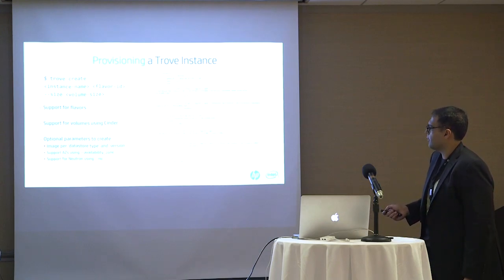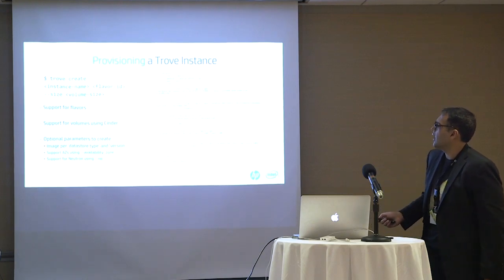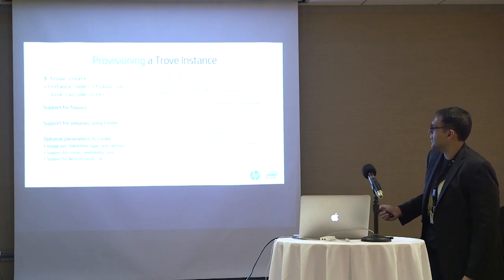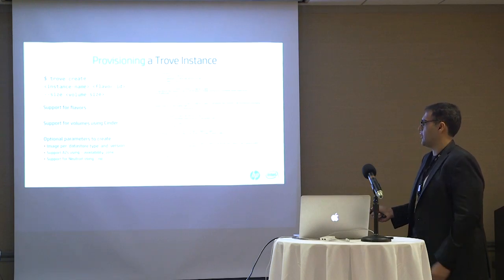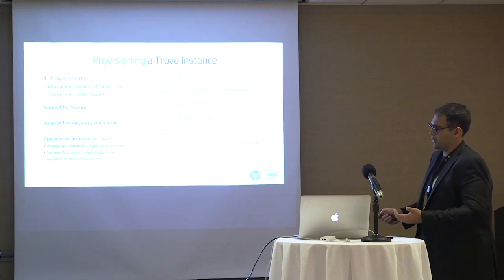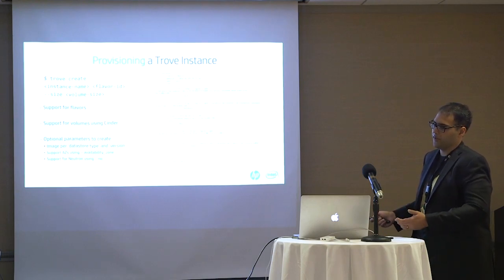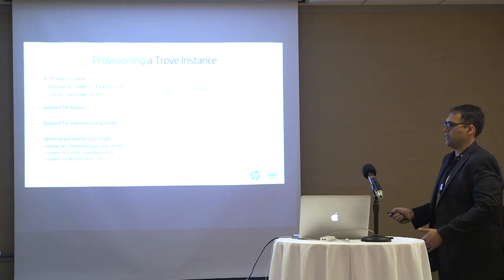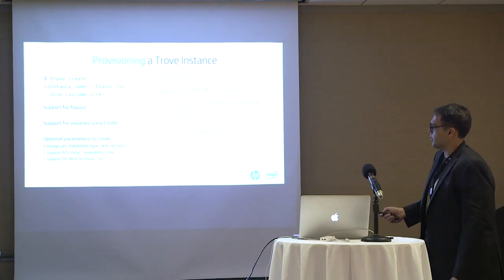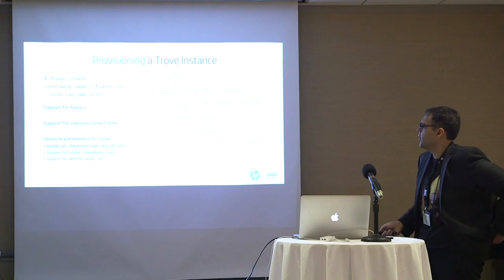So it supports flavors, and it supports volumes using Cinder. You can also pass in optional parameters. Again, this one creates a database of the default type, where a default type can be specified in the Trove config file, but you can also specify different types and versions. There's a trove datastore-list and a trove datastore-version-list command that shows you the data stores and versions that are available for you to create Trove instances. So you could say, I want a Mongo instance, not a MySQL instance, or different data store types through this command as well. There's also support for AZs using --availability-zone.